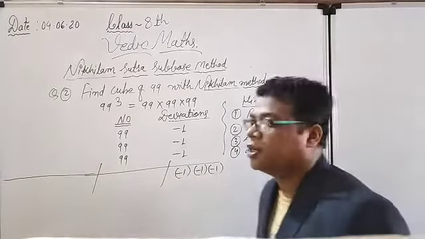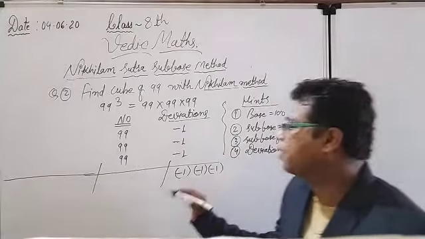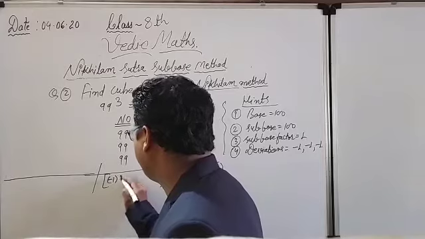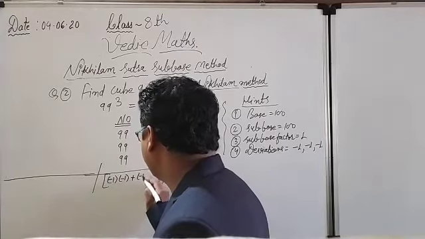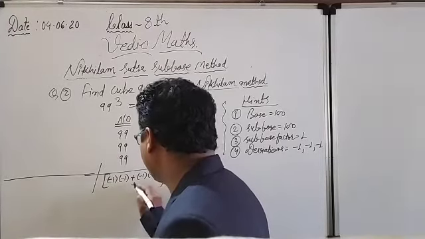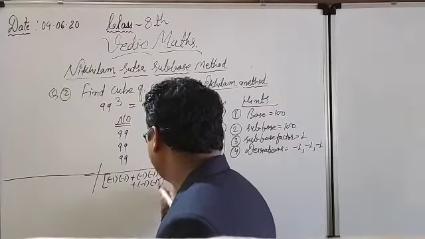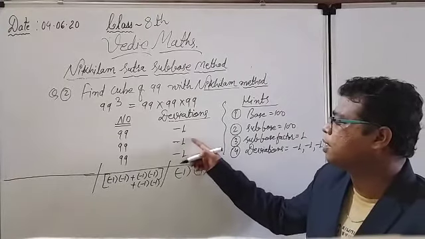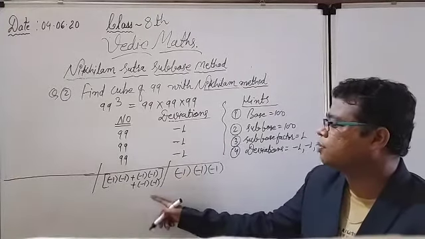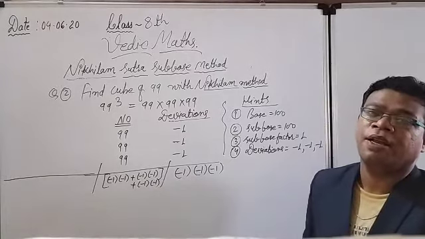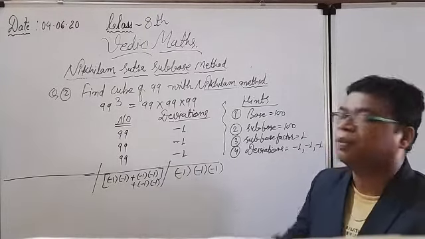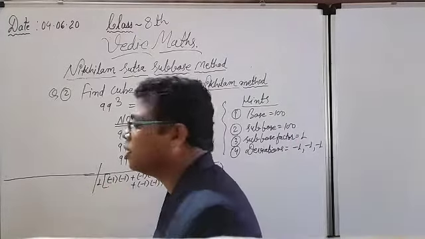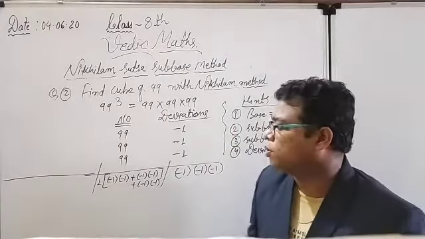Either I am putting the sign or not, it is the same thing I have told you. Here I have to take the help of a big bracket and I have to make the pairs, and all the pairs are the same. You can see minus 1 and minus 1. You can see all the deviations are the same, so all the pairs are the same also. Minus 1 into minus 1, again minus 1 into minus 1, again minus 1 into minus 1. Same thing I have written here, and plus addition of all the multiplication of deviations. I have to multiply the sub base factor. Sub base factor is only 1, so that's why I am putting 1 also here.